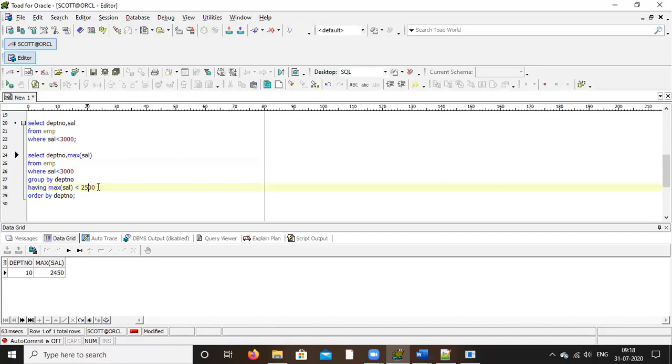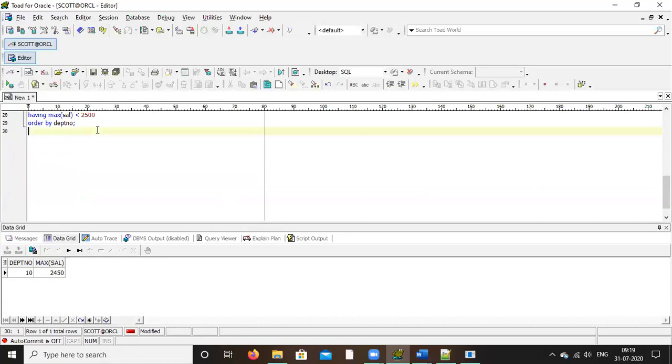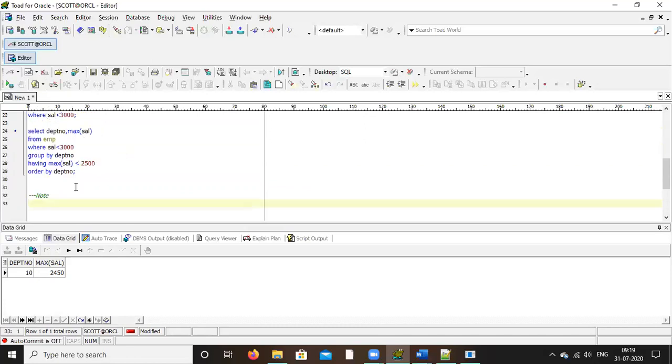So here there are 3 things, let me explain. In any query, first one is the select clause. You write a note. Now, first one is the select clause.